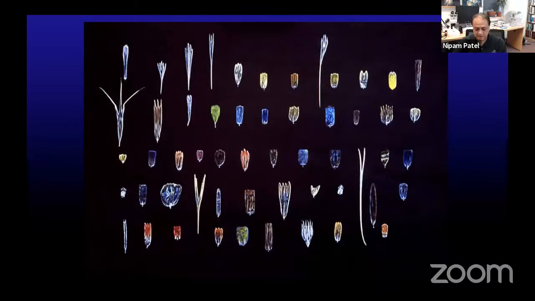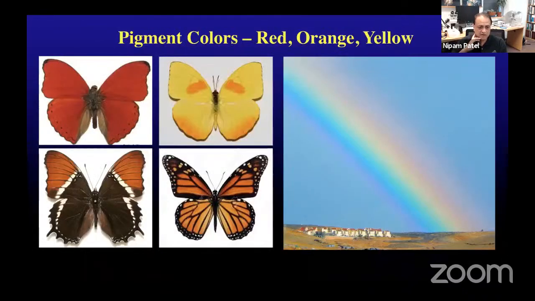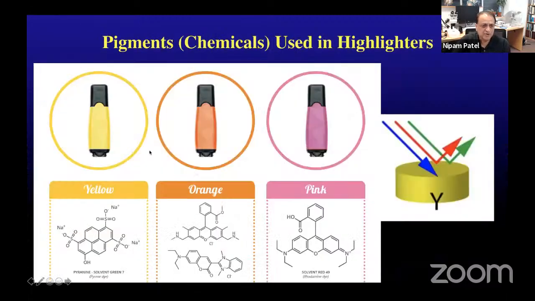But again, I'll focus on the color. So colors like red, yellow, orange, brown, black, these are the sort of what we would call the long wavelengths of the rainbow. These are based on pigments. So what do we mean when we say pigments? So pigments are individual molecules whose structure allows them to absorb light of particular wavelengths.